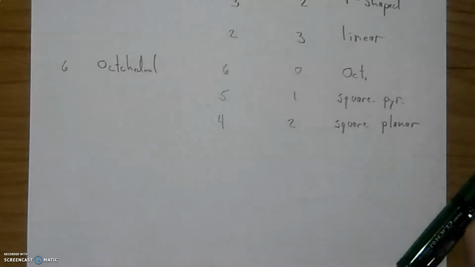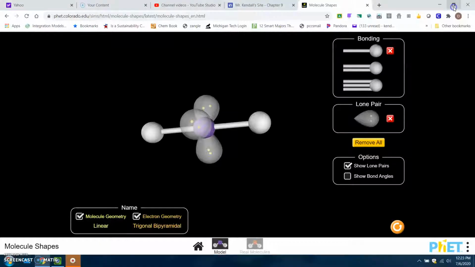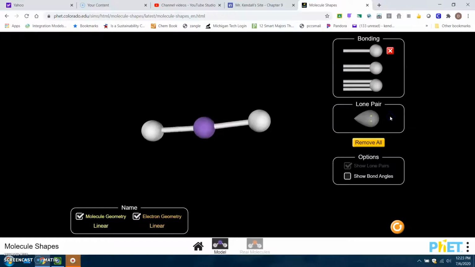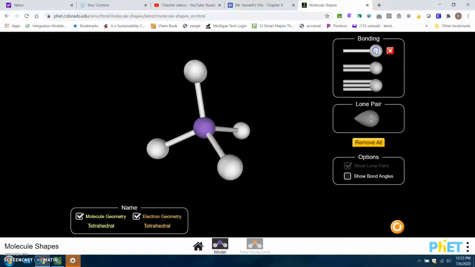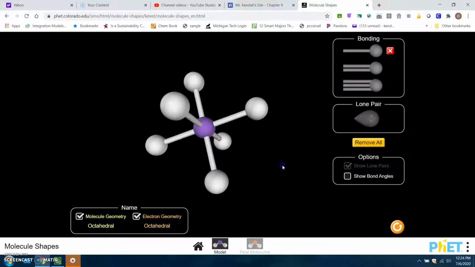Okay, let's bounce over to our site. PhET is the site again. We're going to get rid of these non-bonded pairs to begin with, and we'll add in a total of 6. 4, 5, 6. So there's our shape. And again, the shape we're looking at here is something called octahedral. So we have 6 locations. I think the reason we call it that is because it has